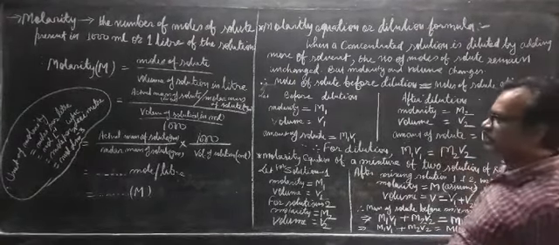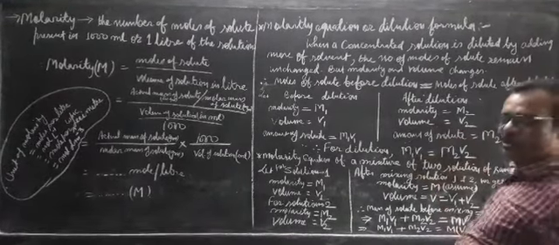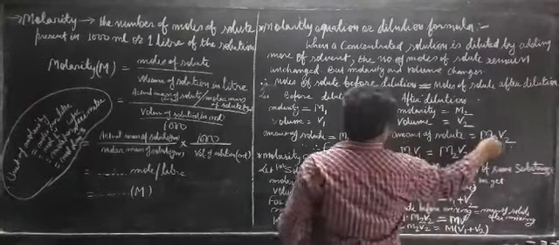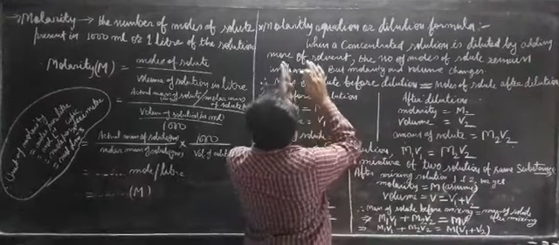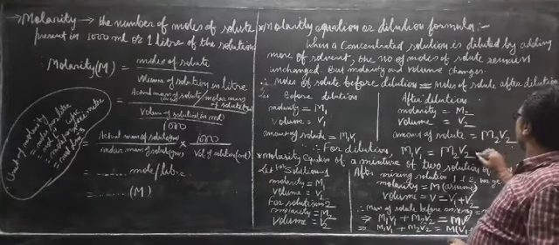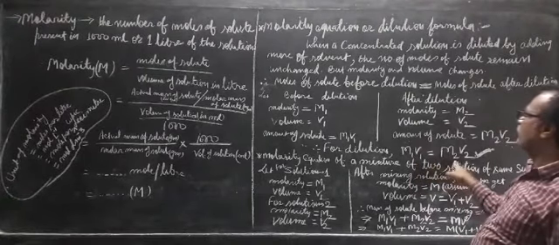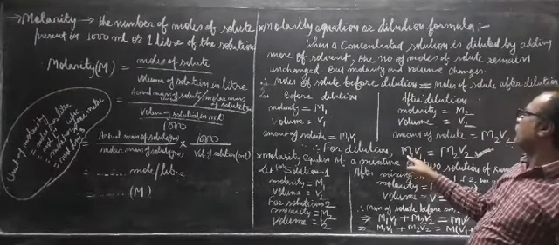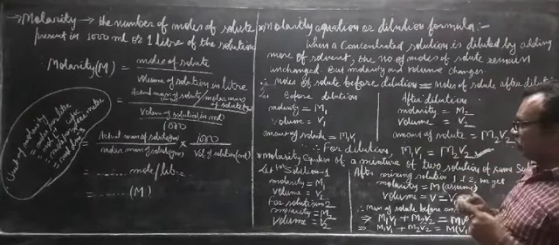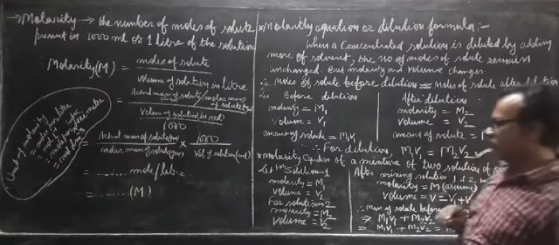We have got the observation that before and after the dilution, the amount of the solute remains the same. That's why this and this are equal to one another. That is why for dilution we have got a molarity equation. This is called the molarity equation or dilution formula: M1 V1 equal to M2 V2. Amount of solute before dilution equals amount of solute after the dilution. This will be utilized in the numericals.